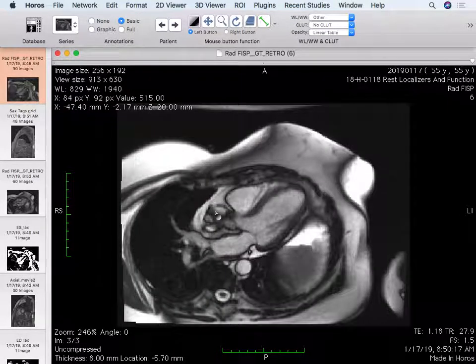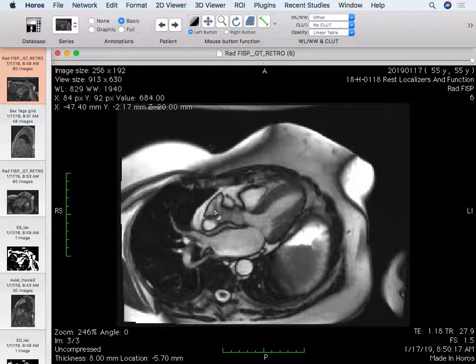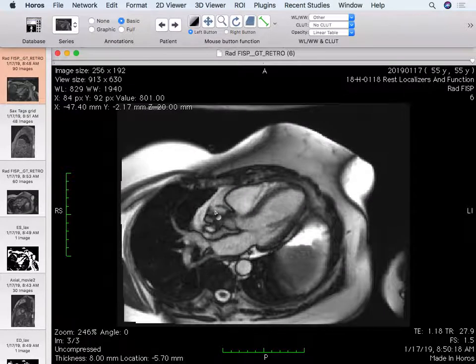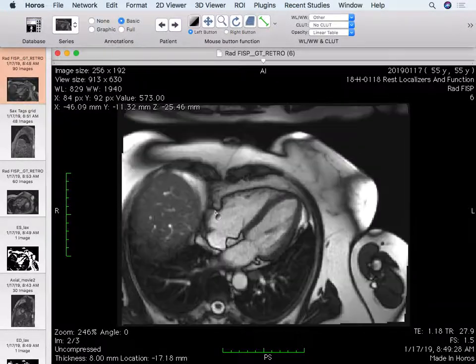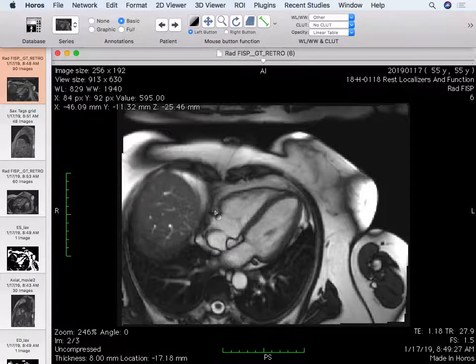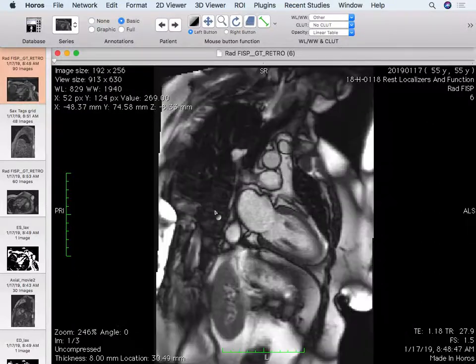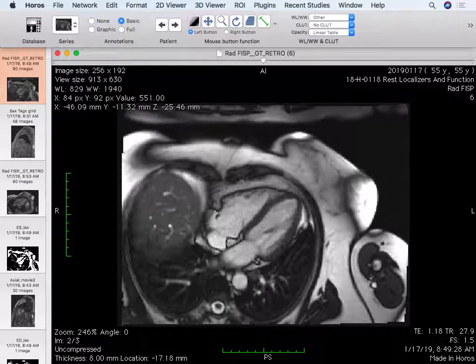Okay, so these are different time frames, right? Looking at the heart from an orthogonal direction from the one that we were just looking at. And then these are different long axis views of the heart. It's interesting to note also,